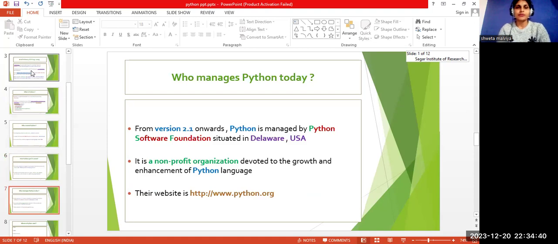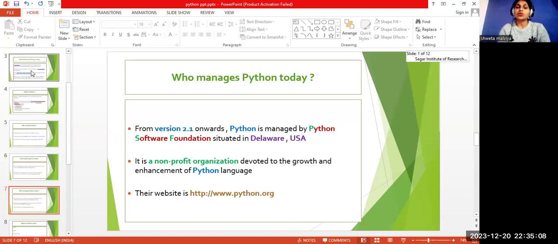Who manages Python today? Python is managed by the Python Software Foundation, and we now use the 3.0 version of Python. Firstly, version 2.1 of Python came, and now it is not in use.